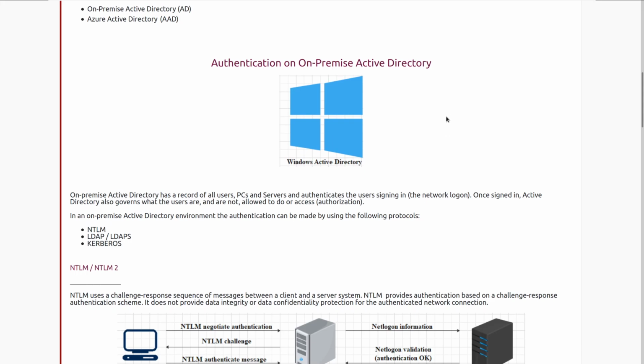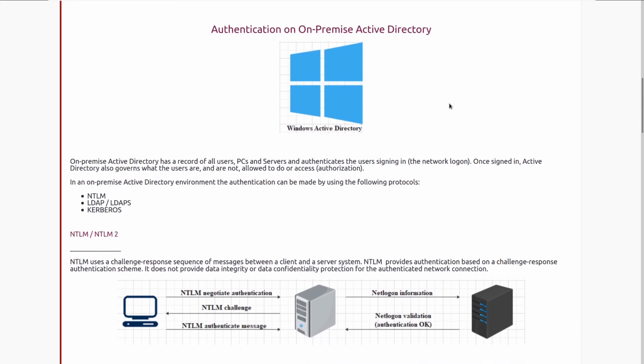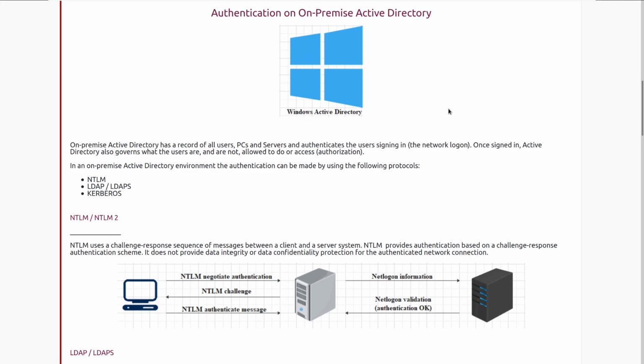Authentication on on-premise Active Directory. On-premise Active Directory has a record of all users, PCs, and servers, and authenticates the user signing in via network logon. Once you've logged into your work computer, Active Directory also governs what users are and are not allowed to do